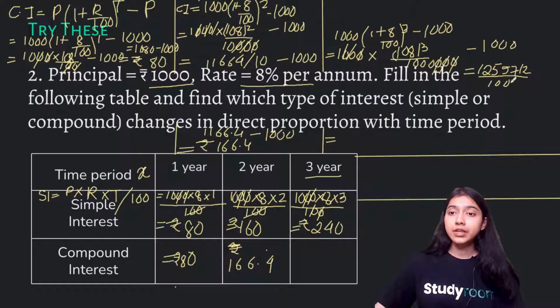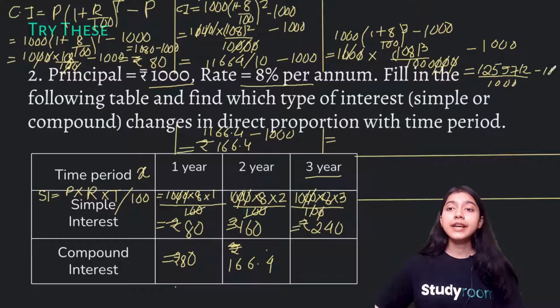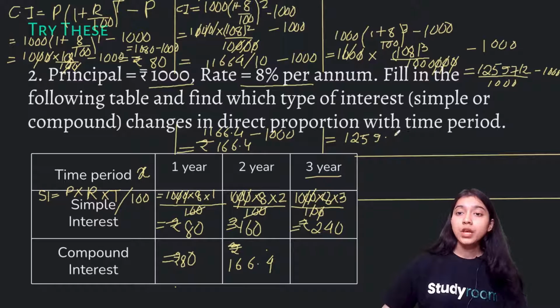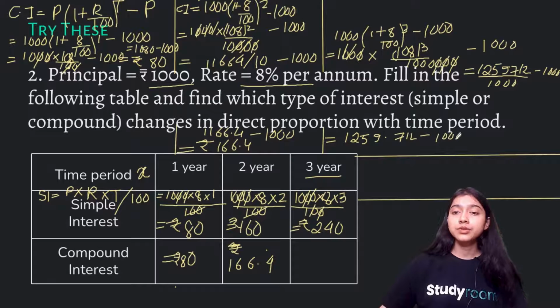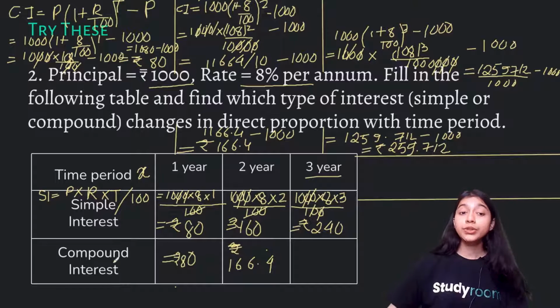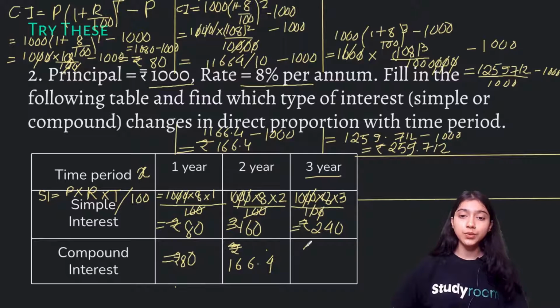Divided by 1000, subtracted with 1000. So we can write 1259712 divided by 1000 as 1259.712 minus 1000. So this ultimately gives us rupees 259.712. So the compound interest for 3 years will be rupees